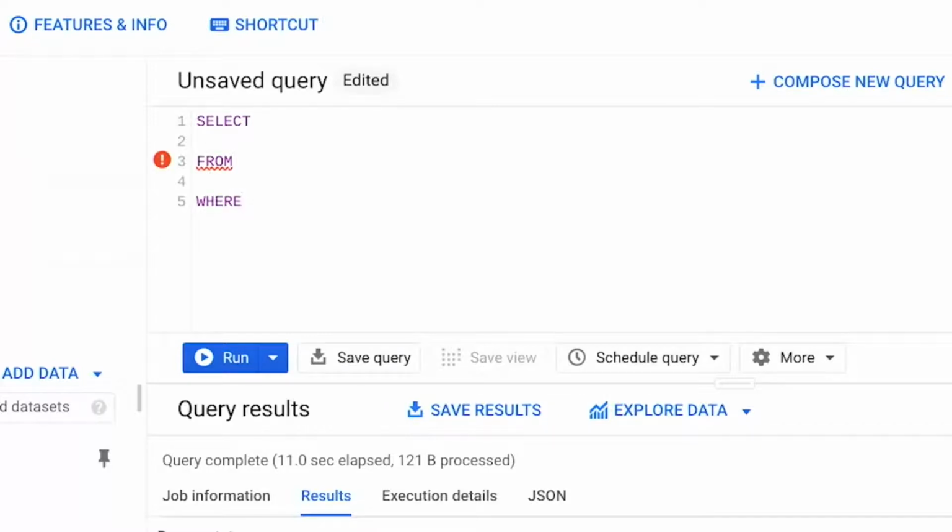We know the data comes from the customer_address table and the customer_data dataset. So we type in customer_data.customer_address after from. Next, we tell SQL what data we want. We want SQL to give us the customer IDs of customers who live in Ohio. So we type in customer_id after select.